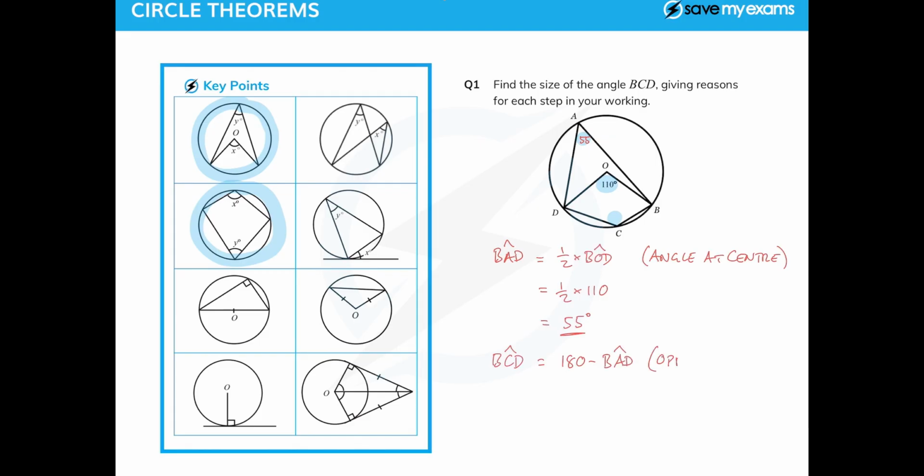And I need to write down opposite angles in a cyclic quadrilateral. And because I'm feeling a little bit lazy, I'm going to write CQ. You should probably write cyclic quadrilateral. So that's 180 minus 55, and 180 minus 55 is 125 degrees. And as I say, if you can't think what to do, just find some angles that you do